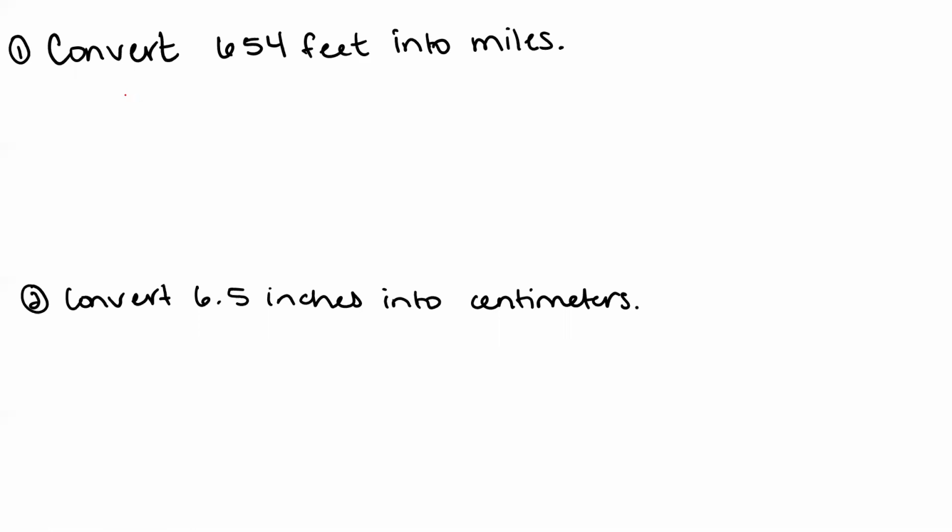What you do is you start with the measurement that you're given or that you found for yourself. In this case, it's 654 feet. And so we create our bracket. In order to go between units, we have to cancel them out. In order to do cancellation here, we're going to have to divide by feet to get into miles. We know that there's 5,280 feet in 1 mile. We can use that here. So we're going to divide by 5,280 feet, and this equals 1 mile. Put that on top. The units cancel. And this gives us